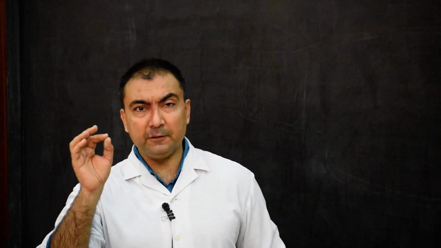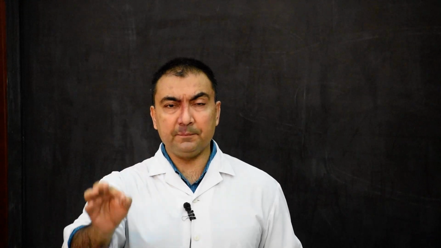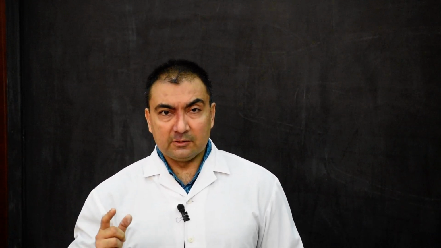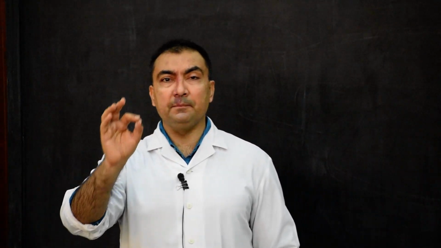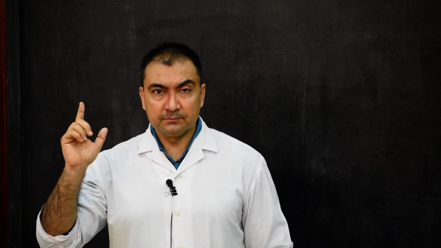Good morning students, we start with the development of metencephalon and myelencephalon, or it is asked as development of rhombencephalon. So therefore indirectly this is development of pons and medulla oblongata. It can be asked in this way also: write a short note on development of medulla oblongata, or write a short note on development of pons.